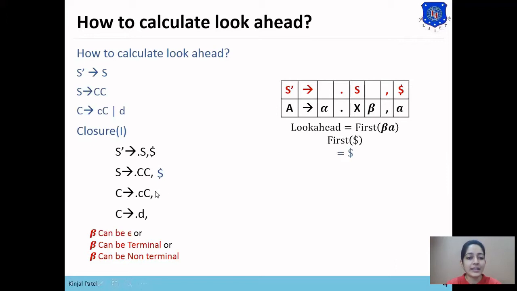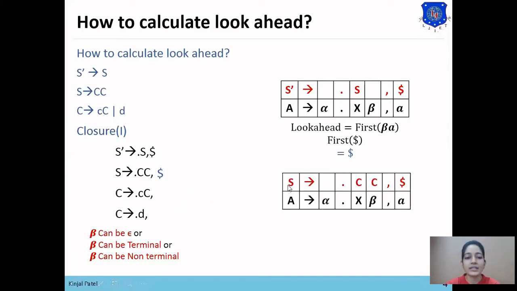Now we need to find the look ahead symbol for these productions. The look ahead of these two productions will be the same, because these two productions have been added because of this C. So we'll apply the look ahead rule on this statement and add the look ahead in these two statements directly. Here the statement is S derives dot CC, comma, dollar, and we'll compare it with the rule A derives alpha dot X beta, comma, a.